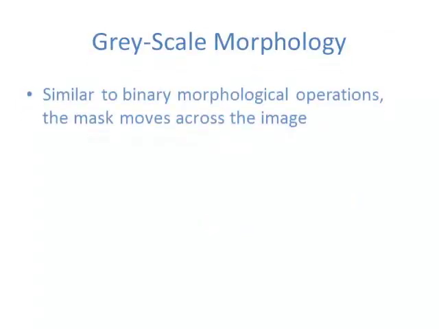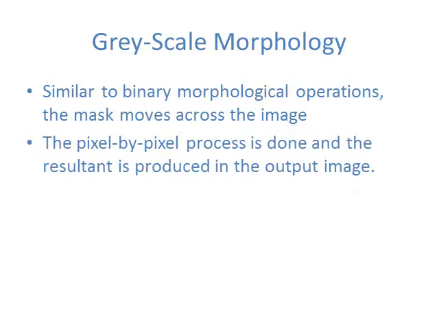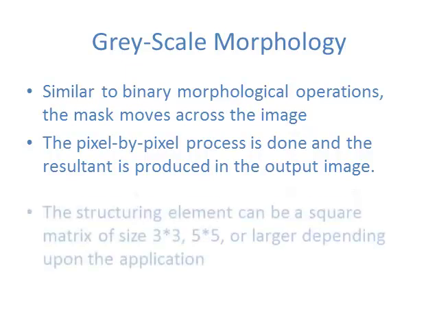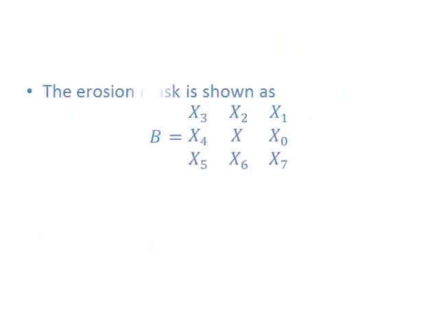Grayscale morphology. Similar to binary morphological operations, the mask moves across the image. The pixel by pixel process is done and the result is produced in the output image. The structuring element can be a square matrix of size 3x3, 5x5 or larger depending upon the application. The erosion mask is shown as